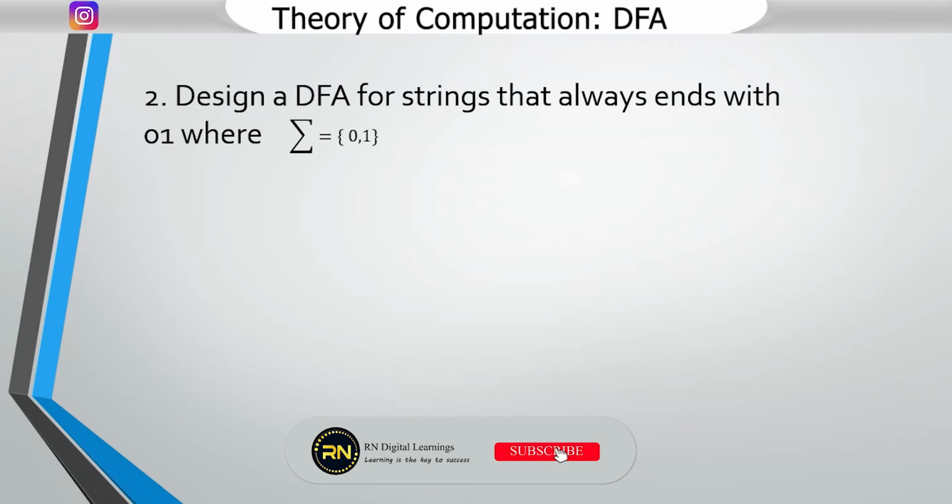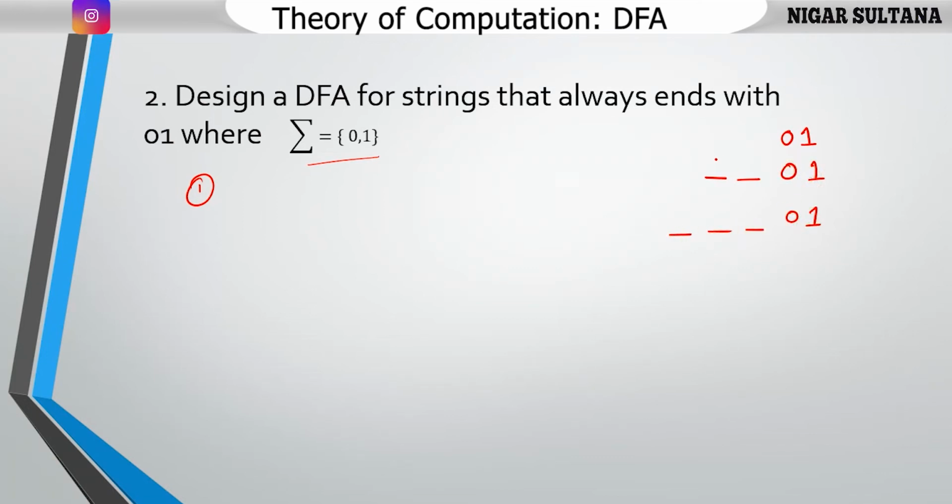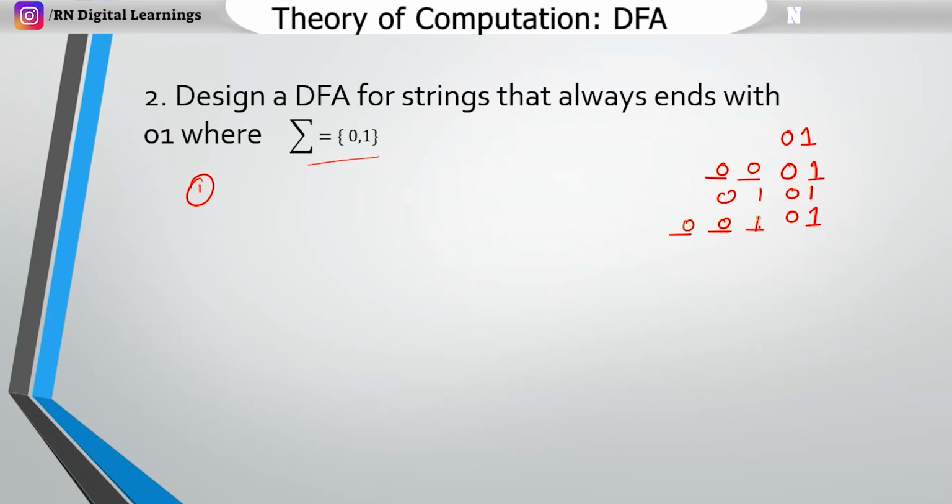Design a DFA for strings that always end with 0, 1. So already they have mentioned the alphabets as 0 and 1. Our step 1 states that we need to write a minimum string. Already they have mentioned that it must always end with 0, 1. Here it can be any number, but it must end with 0, 1 itself. It can be 0, 0 or 0, 1, 0, 1, or 0, 0, 1, 0, 1, anything. But the condition is it must end with 0, 1 itself. So our minimum string